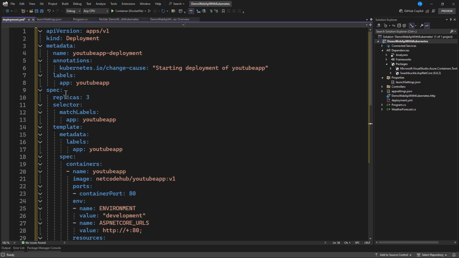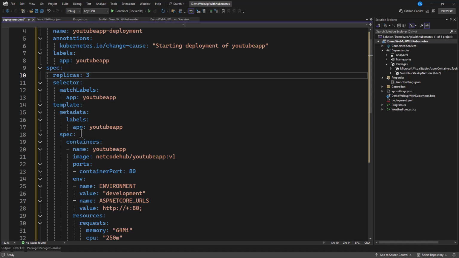When we come to spec, how many replicas do you want to create? How many instances do you want to create? Now we are going to create 3. You can specify 3, 4, 5. But for now, let's make it 3, because we can even make it 2, since no one is going to use the application and there's no load on it. But for test purposes, let's maintain 3. Then we also have to specify the selector as app and the same name. And when it comes to the template, you need to specify the same app. Wherever you see this app, it is referring to the project name, so you need not explain this anymore. You can just make a copy and paste it.